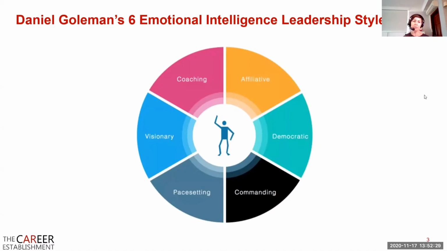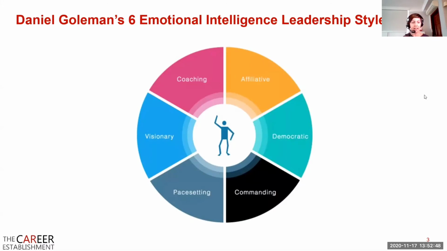So for, say, a junior person, if you're trying to have a directive style with someone fairly competent and senior, you're probably going to lose them. Doesn't work so well. The pace setting style, which is just on the left hand side, is another one that should ideally only be used, it shouldn't be used continuously.